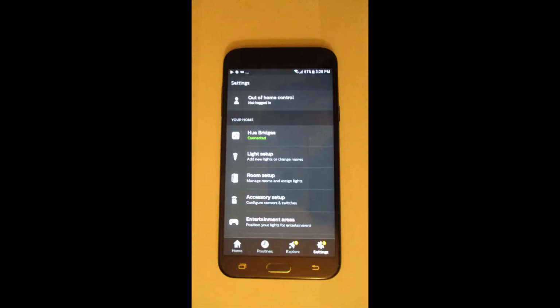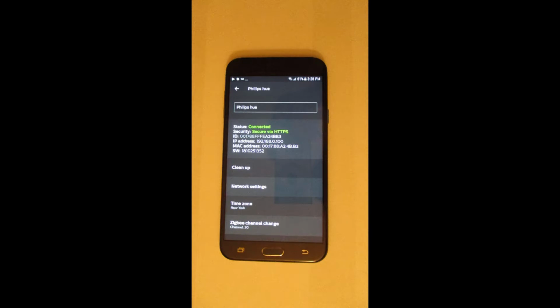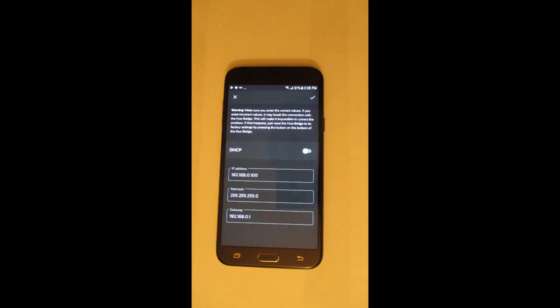You will need to configure a static IP address for the Hue Bridge. Click on Settings. Click on Hue Bridges. Click on the lowercase i to view the IP address. Click on Network Settings. You want this IP address to be a static IP address. Turn off DHCP and set the IP address of the Hue Bridge to